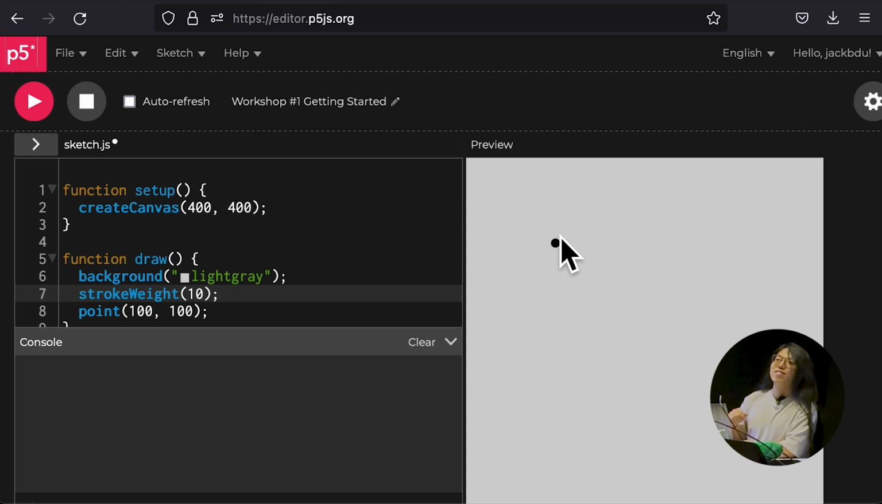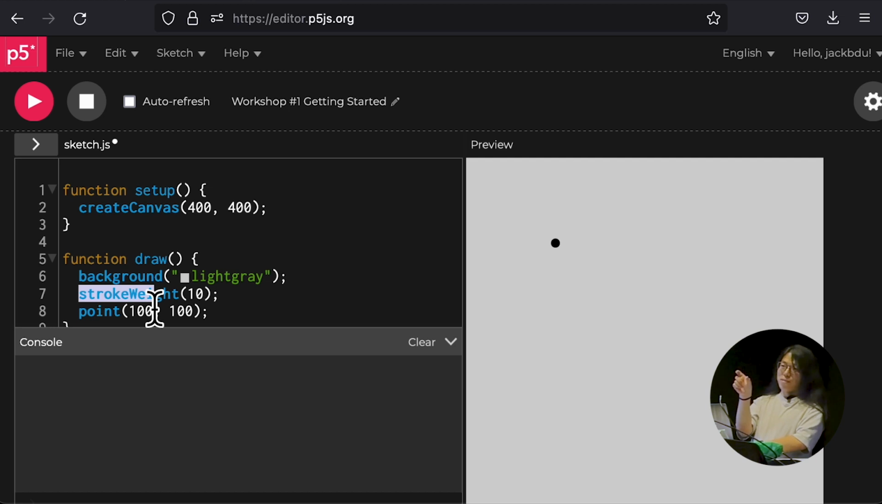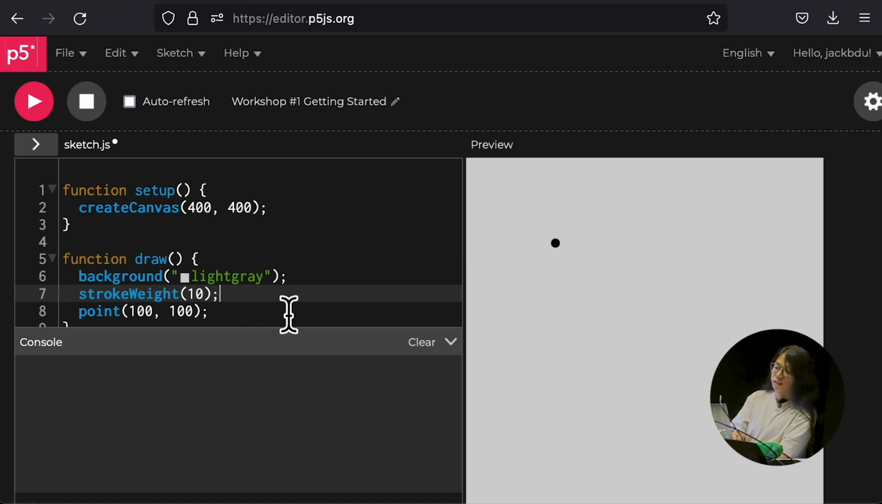With the weight, is it 10 pixels, or is it like the diameter? Yes, 10 pixels, because technically it's for stroke. So if you're having a line, that's a thickness. When it comes to a point, that's essentially the diameter. Okay, and it's in pixels, 10 pixels diameter. And so it turns out in computer graphics,